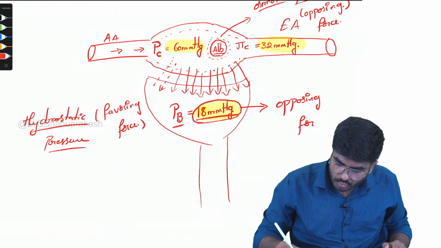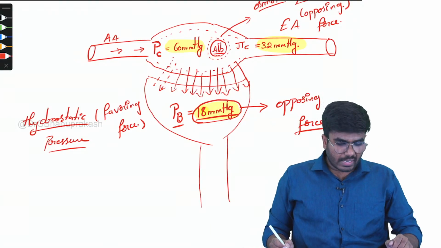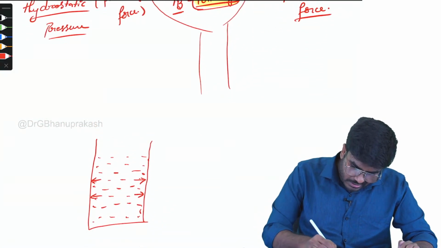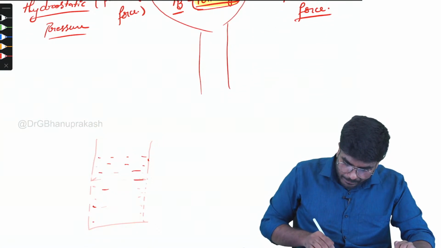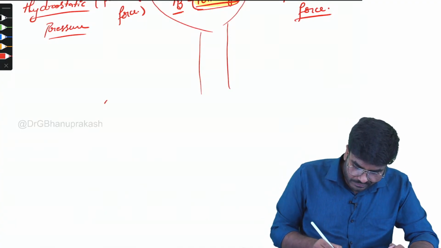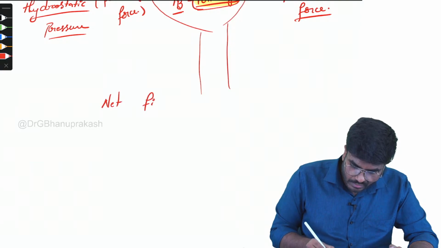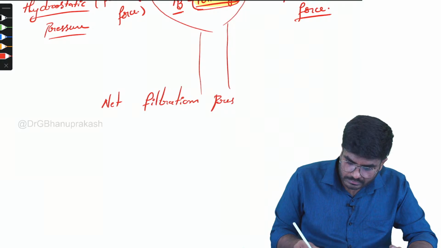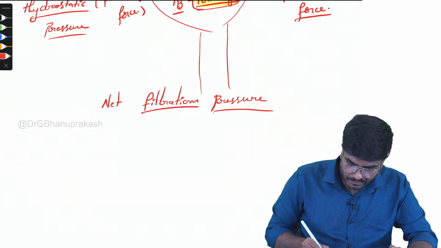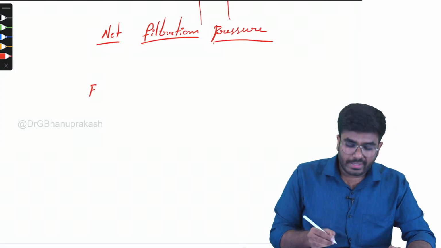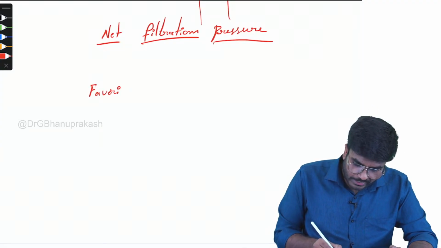opposing force. Now, after seeing this, let's talk about the net filtration pressure. Will the filtration happen or not? If it happens, why is it happening? Now, let's talk. Net filtration pressure. Now, this net filtration pressure, the formula is favoring